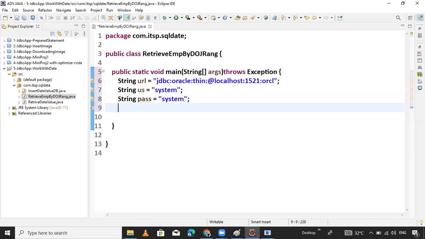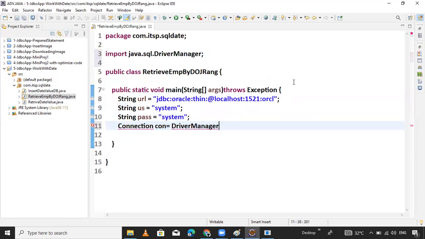So now, well, this is the connection. Connection con equals to DriverManager.getConnection.